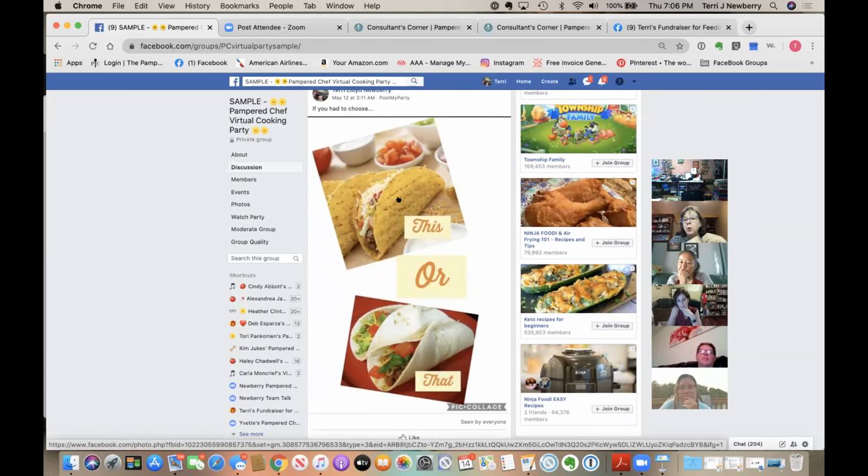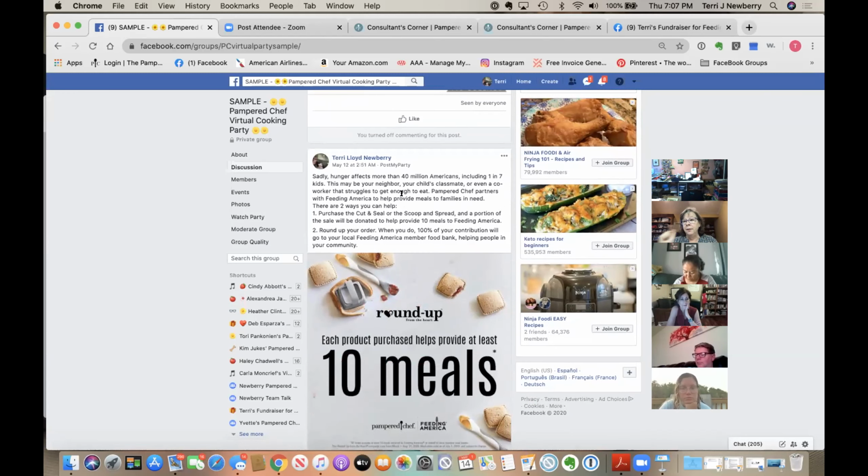Let's say Wendy comments crunchy. Then I'm going to say, what topping is a must-have on your crunchy taco? And let's say Sandy says soft shell taco. Then I'm going to say, do you use sour cream? And then let's say John says crunchy. Then I'm going to say, with or without guacamole? Something that's easily replied to, so that it looks to Facebook like we have an interchange going, a two-way street, and that way you will increase your visibility on their wall.